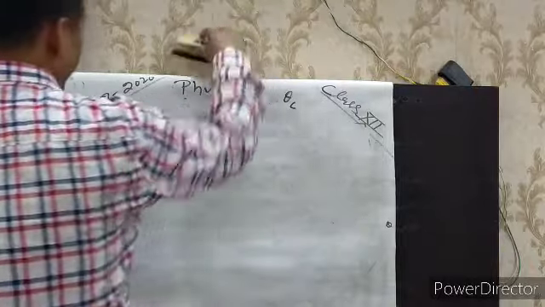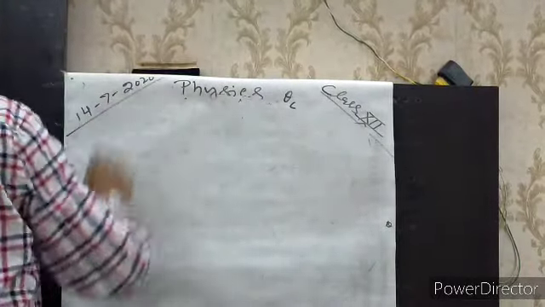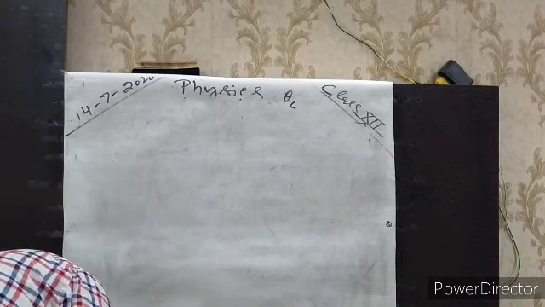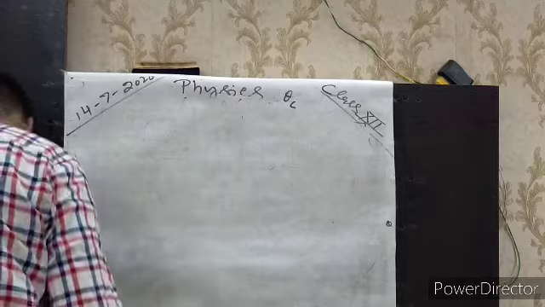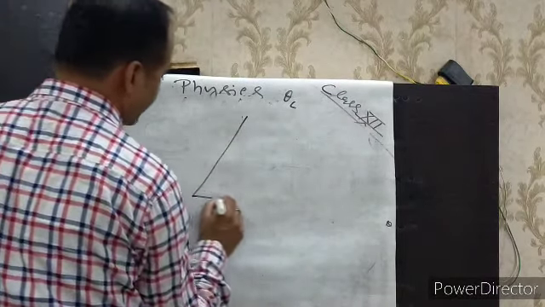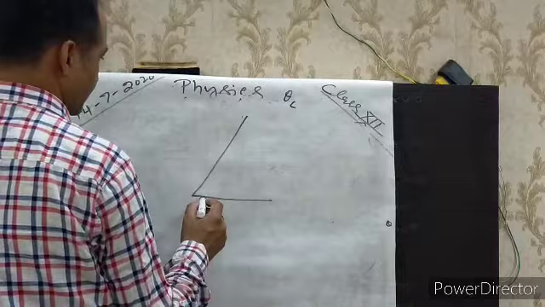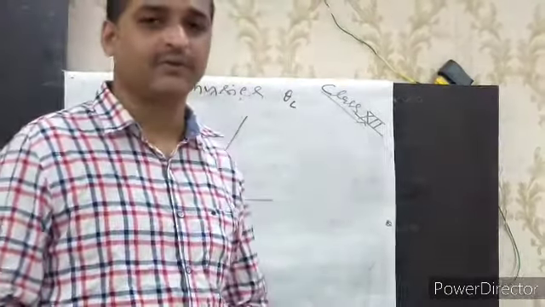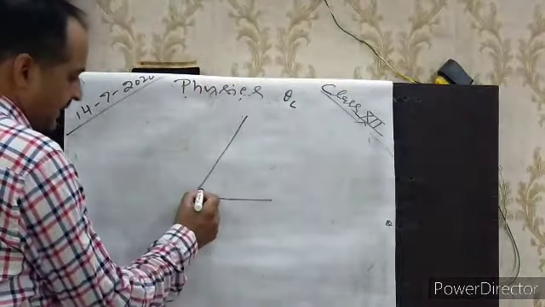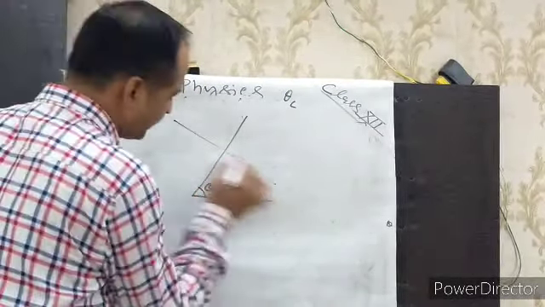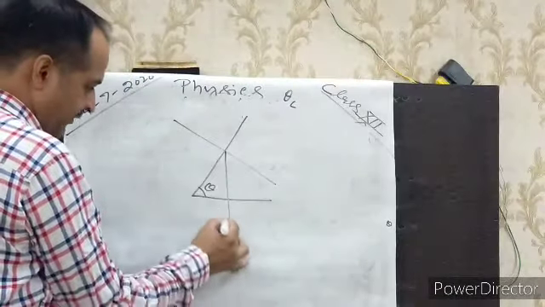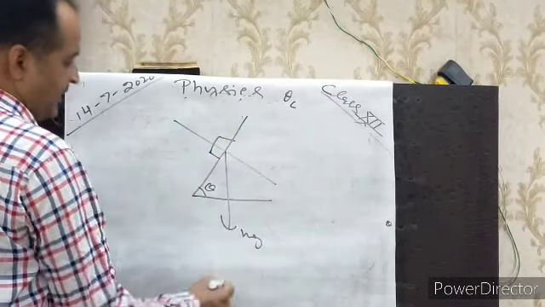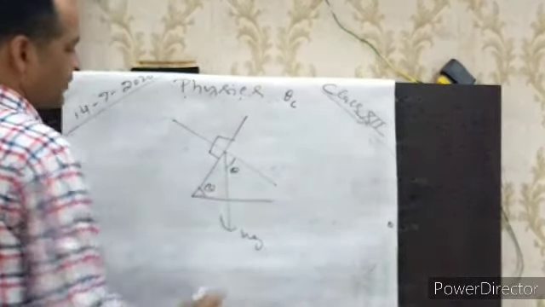Now we will study a few cases of angle of repose. The first case we are taking, the body is moving due to its own weight. Always for the inclined plane, you have to remember one thing, that this angle is theta. Draw the normal here, and the vertical. Vertical is the weight mg of the body, and this angle is theta. Then this angle will also be theta.